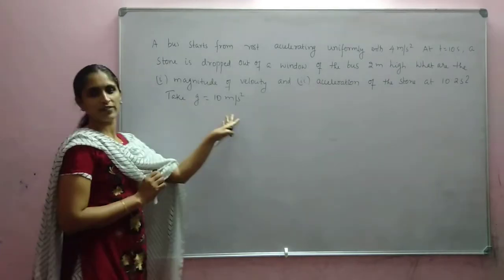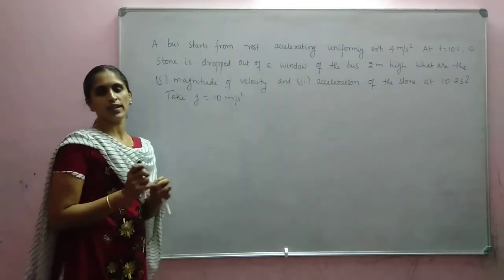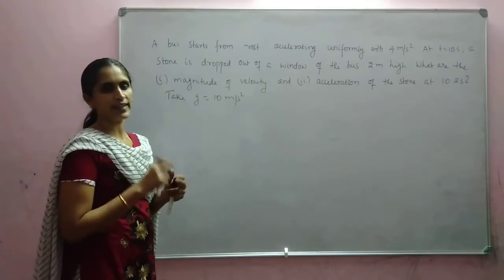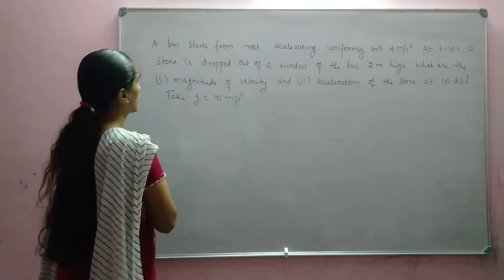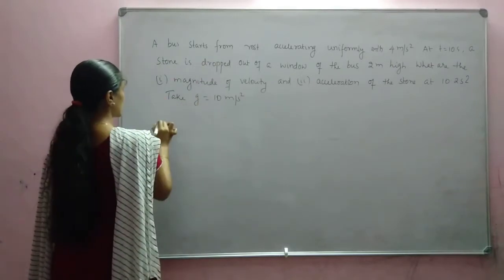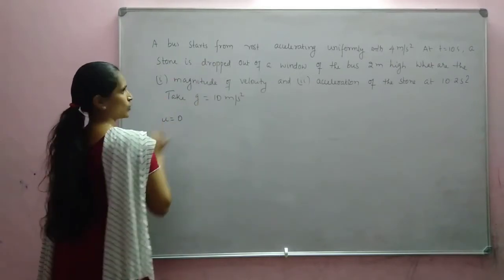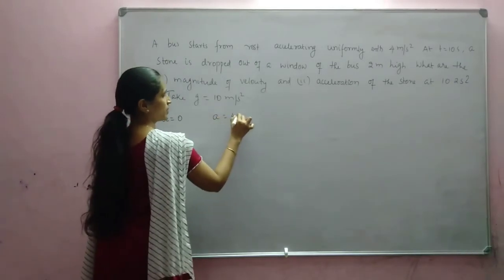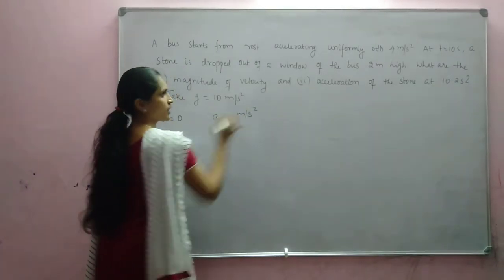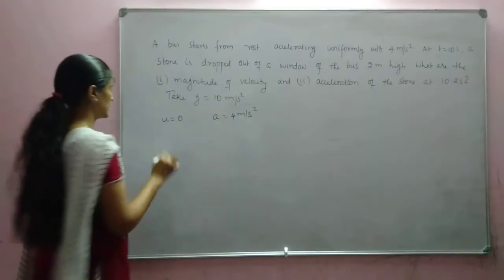It is given that we can take g as 10 meter per second square. So it is already given starting from rest, initial velocity is 0. Acceleration is given 4 meter per second square. So at 10 seconds,